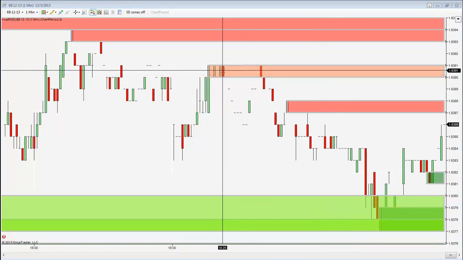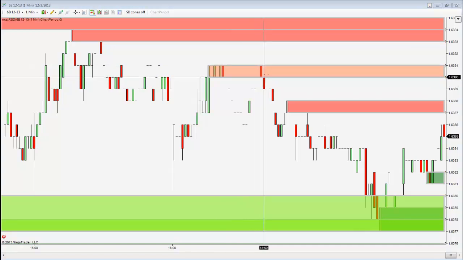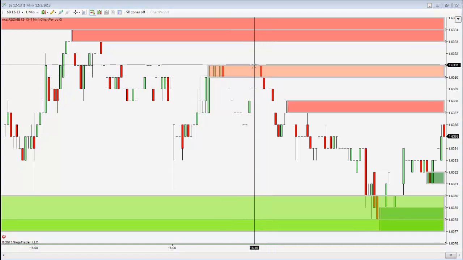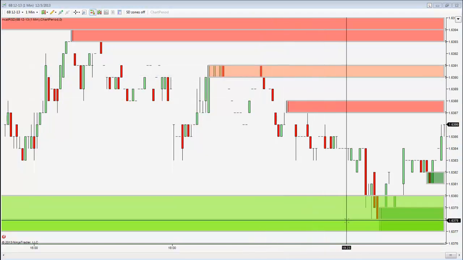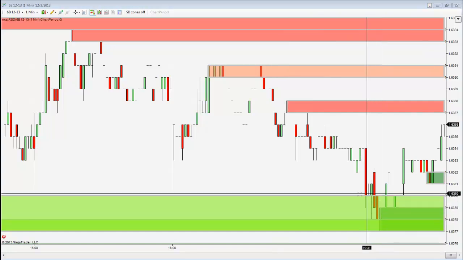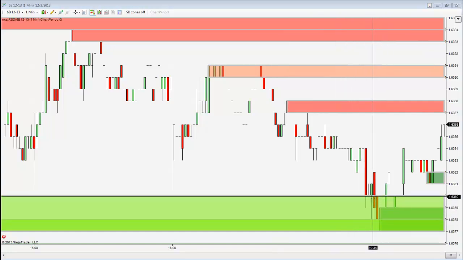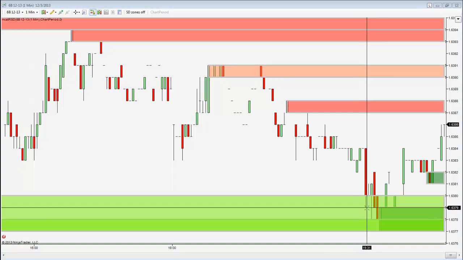So it started over here, it came out, right there was your entry for this short, and it changed colors. When it changed colors, it also gave you an auditory alert. Same with down here. This was a dark green, but it came down here, and so this zone is now, you had an entry onto this zone, and when it came down here and changed color, you also had an auditory